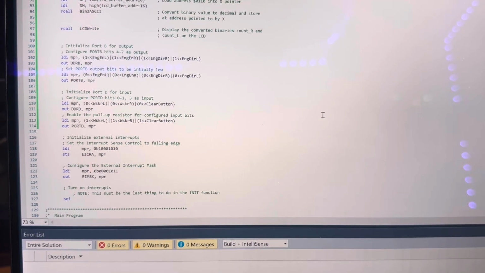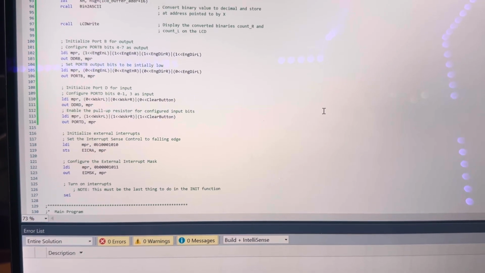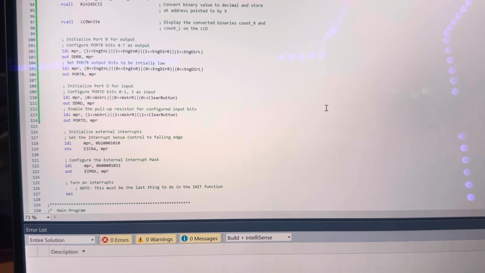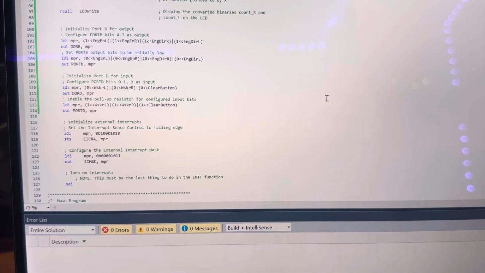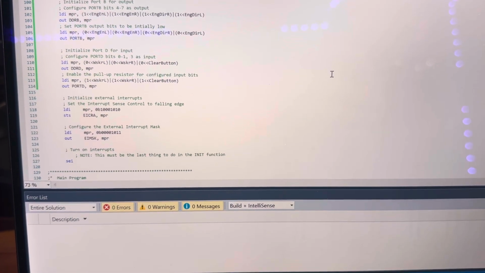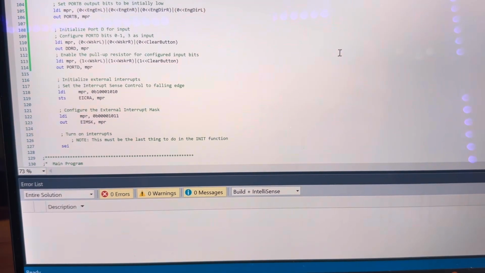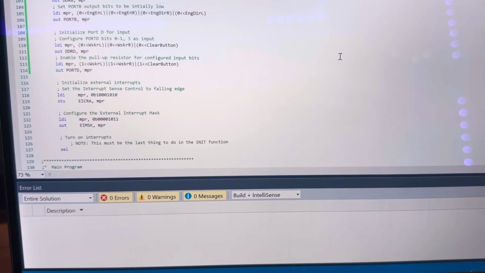And here are my configurations for port B and port D as inputs and outputs. And here I use the EICRA register